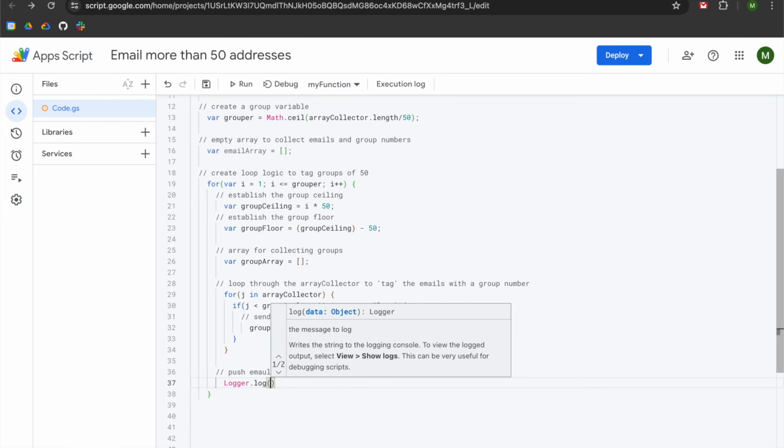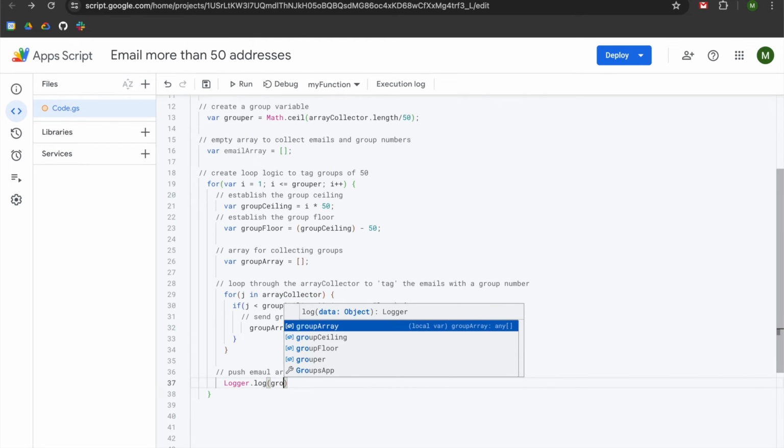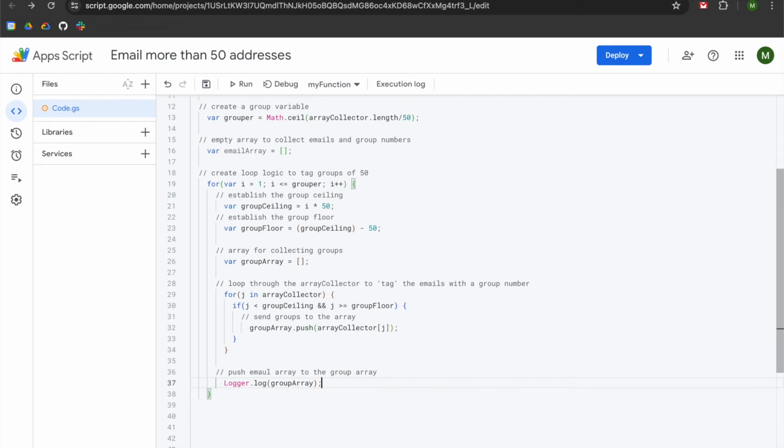We're going to do logger.log, and we are going to log out the group array. Now, I just want to make sure that the group array is doing what we want it to. In my notes for this lesson plan, I established var i is equal to 0. So given that I've now changed it to 1, I just want to make sure that there's no issue with the iterations. I want us to see that everything that we want to push into the group array is being collected. And the way that we'll do that is by adding in some logging to make sure that our logic checks out. So we are going to run our code,